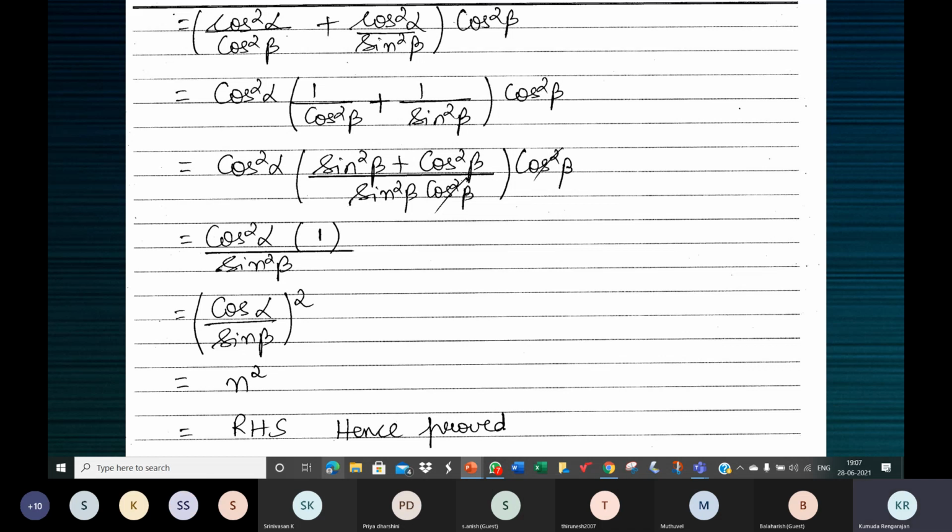So after substituting and squaring, what you have to do is first take out the common. There's something common in the numerators. So bring out cos square alpha common. That gives you this step. Now here, take up the common denominator to simplify this. And then this cos square alpha by sine square beta, you can cancel this and this. This should be written as cos alpha by sine beta the whole square. And since this is n square.